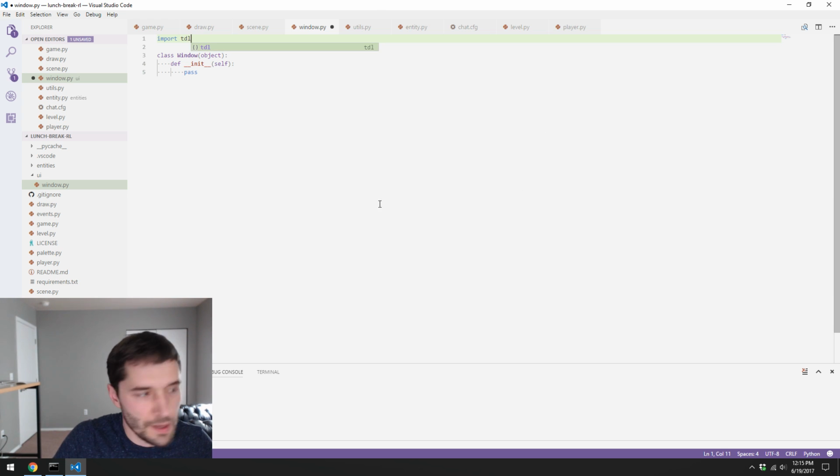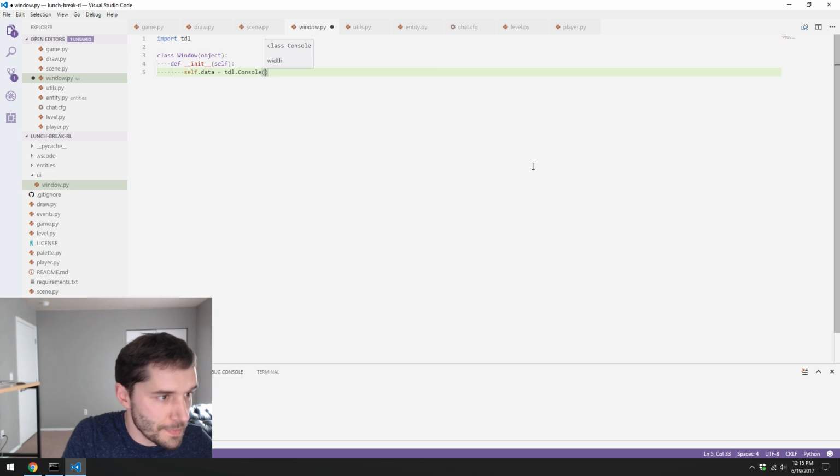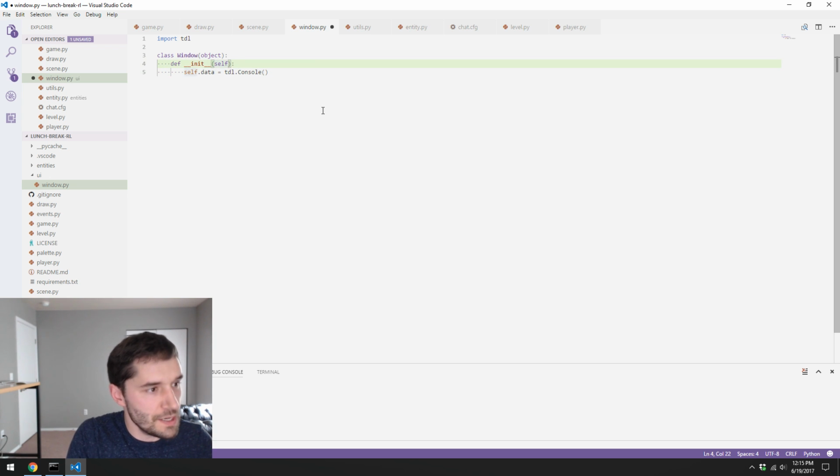And again, I'm just going to try to keep it similar. So self.data equals TDL.console dimensions. Yeah, so we need to figure out, our constructor needs to tell us how big this is. So x, y, width, height,